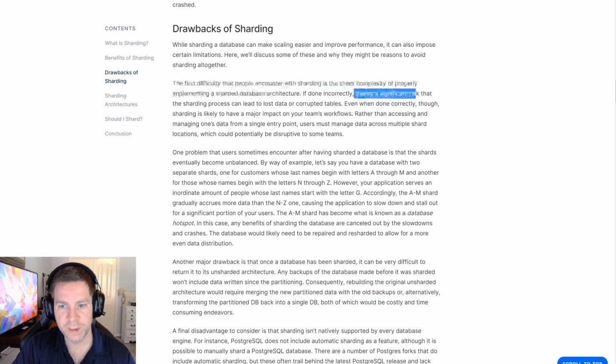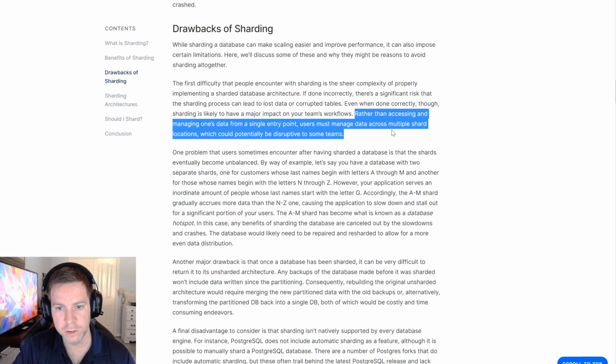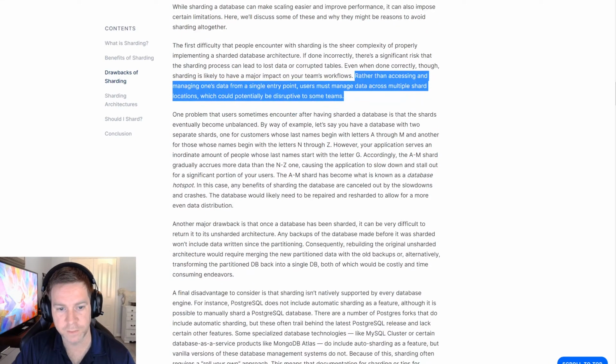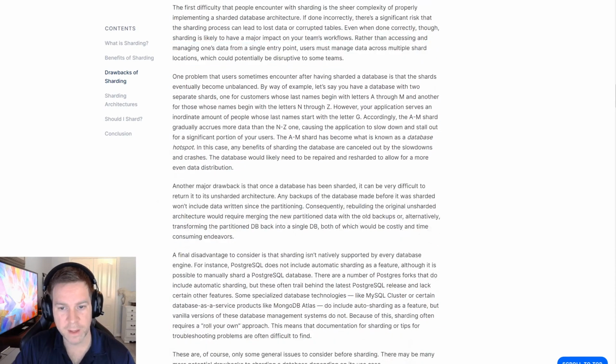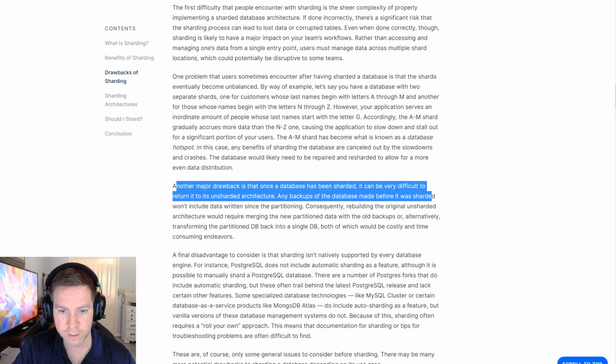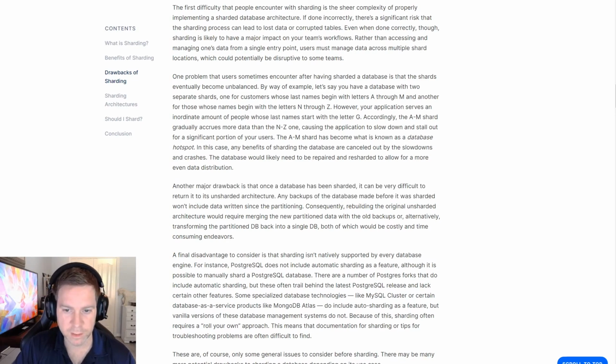If done incorrectly, there's significant risk that sharding can lead to lost data, corrupted tables. And when done correctly, there's probably still caveats. Rather than accessing and managing data from a single entry point, users must manage data across multiple shard locations, which can be disruptive to some teams. Another major drawback is that it's very difficult to get back to an unsharded state, which again, I